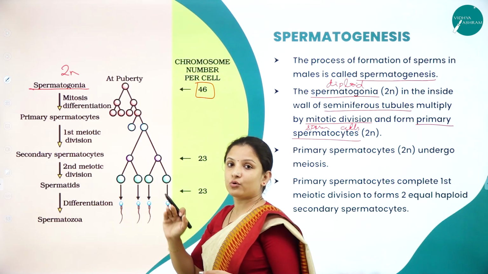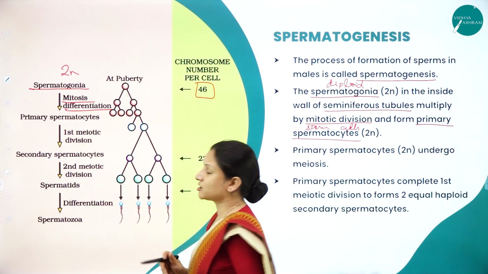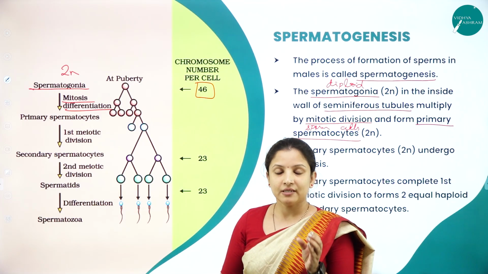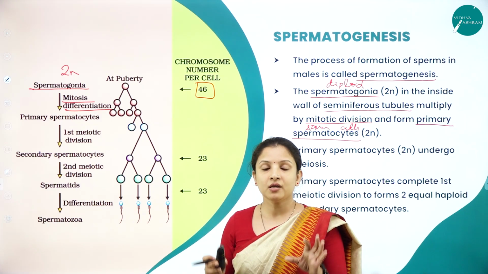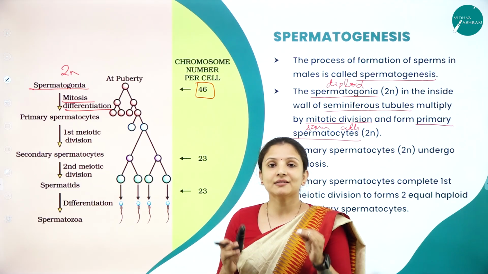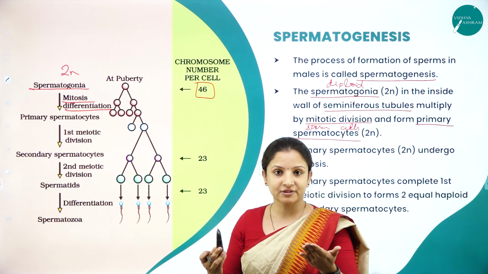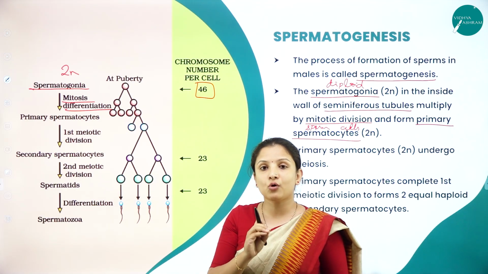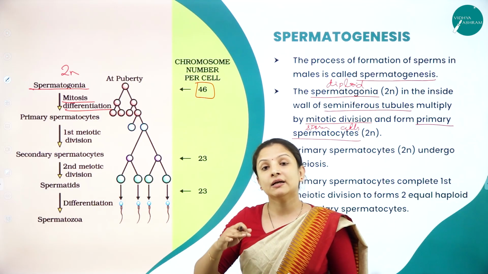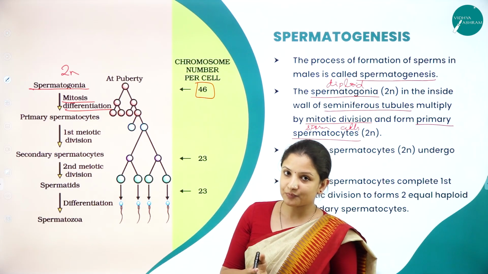Now, the spermatogonia will undergo what? It will undergo mitosis and differentiation. There is a difference: division means simply that the cells are dividing. Differentiation means the cells divide to develop into new cells. So the spermatogonia cells are dividing, or undergoing equational division, to develop into what? Sperm cells. Do the sperm cells look like the spermatogonia?